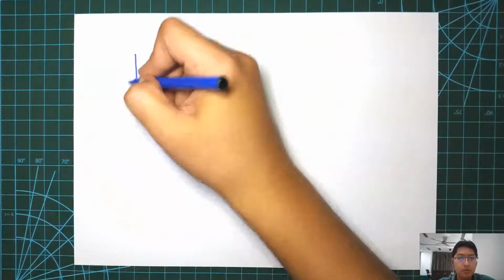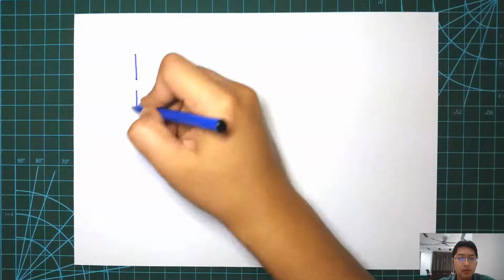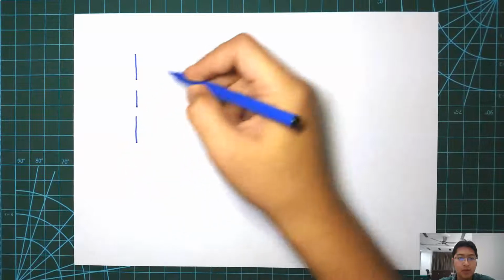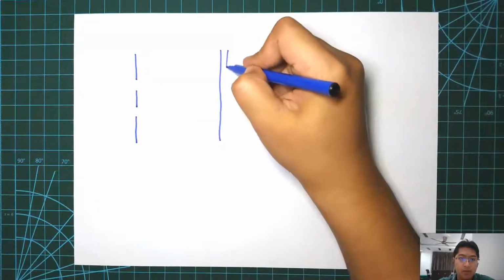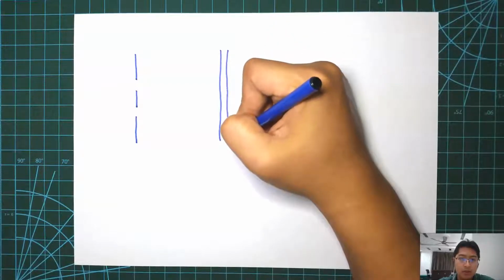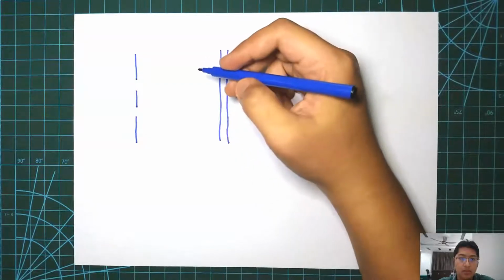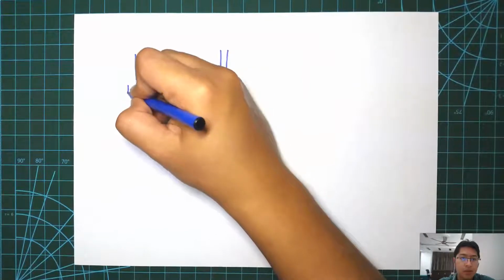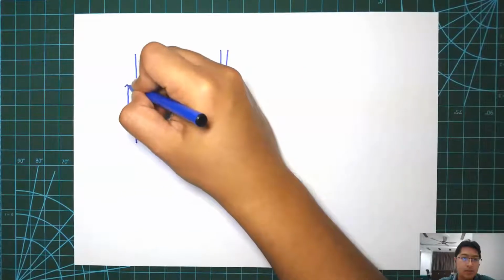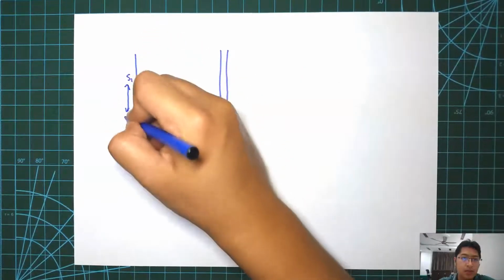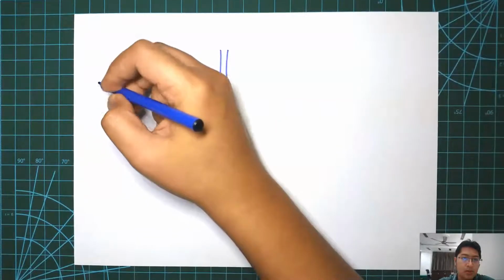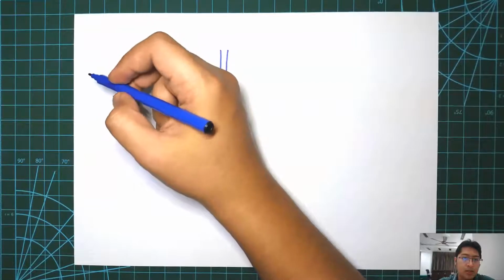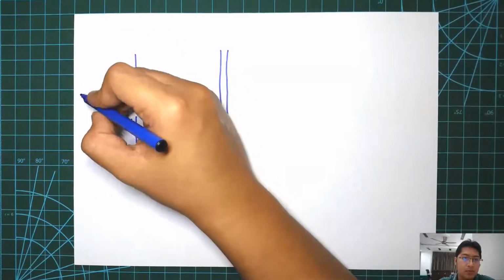So you need to draw the diagram, or in my case I sketch the diagram. This is the screen where you can see the patterns of the fringes. This is the slit, slit 1 and slit 2. This is the separation distance of the slit, which is